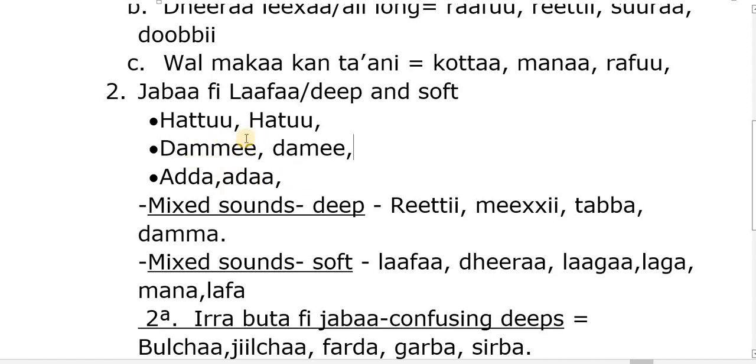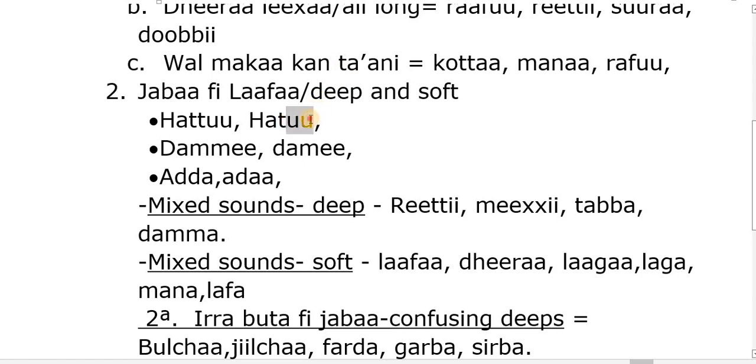It's not the same structure because this one is short, deep, and this is short, soft, long. So deep and soft refers to consonants, the depth or the strength and the softness of consonants, while